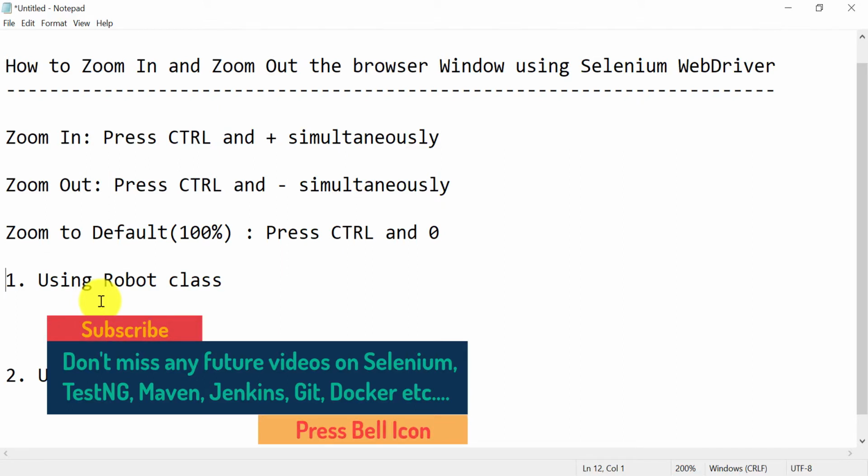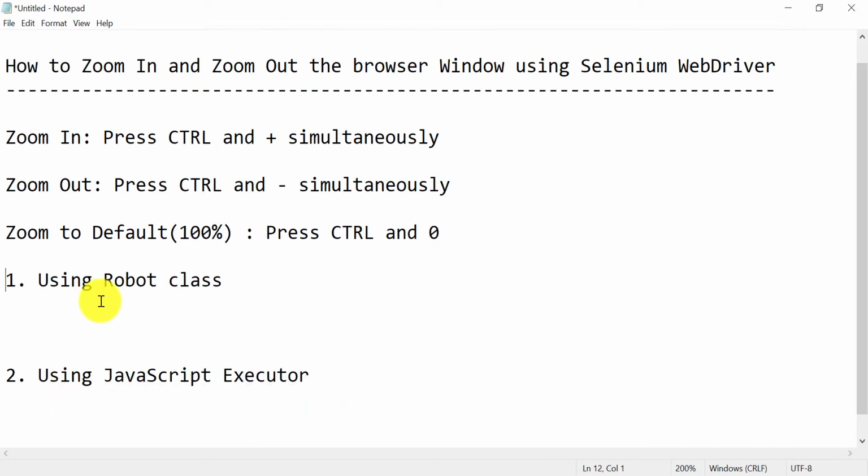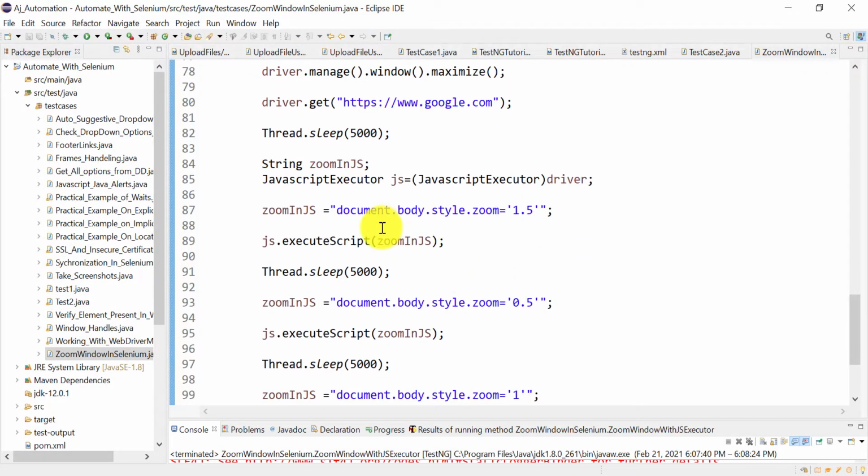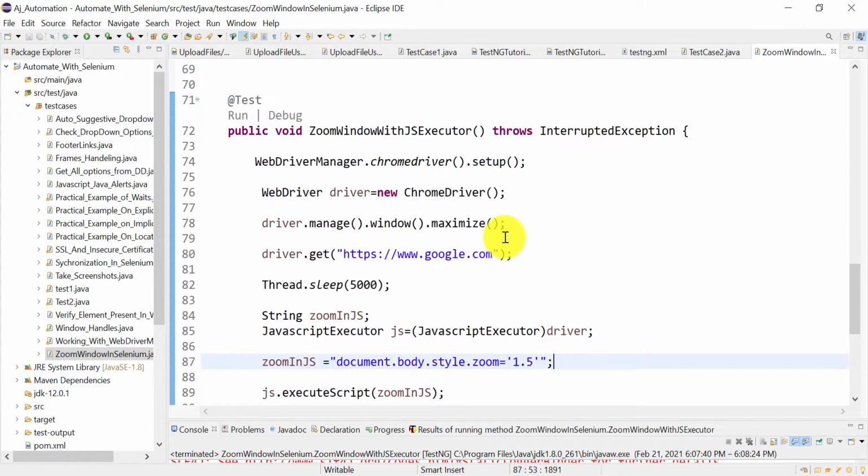That is also what you have learned. So if you want to press any key from the keyboard, you can use the Robot class. Okay, and JavaScript executor, that is also a simple code. You just have to remember the script that we need to run, document.body.style.zoom, and we need to set the value here.